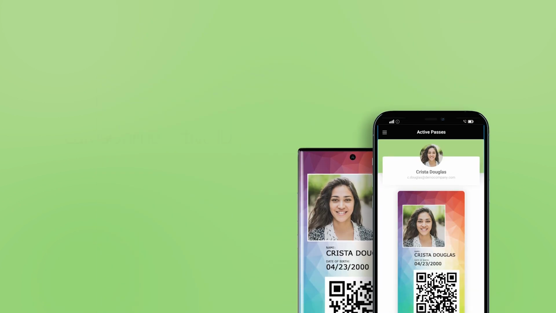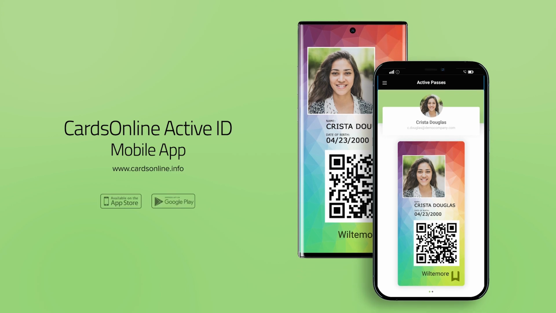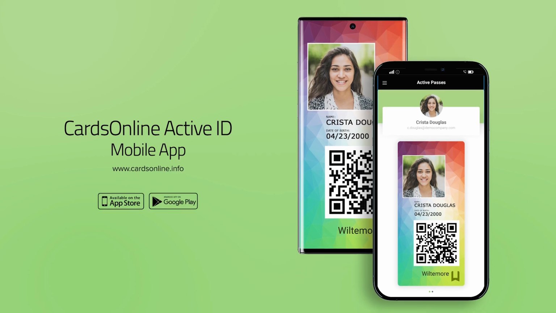Create an efficient issuance process and secure location to keep your IDs. The Active ID app,